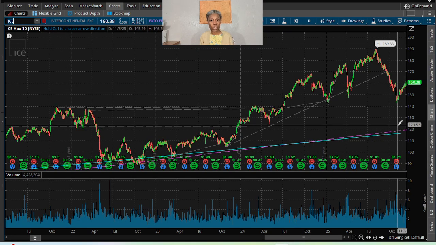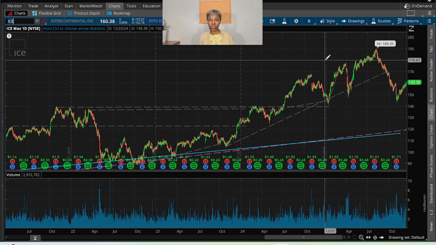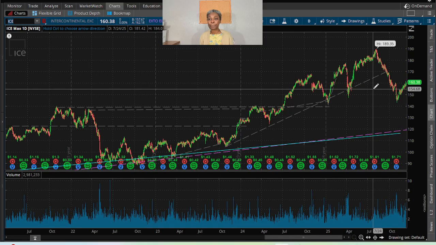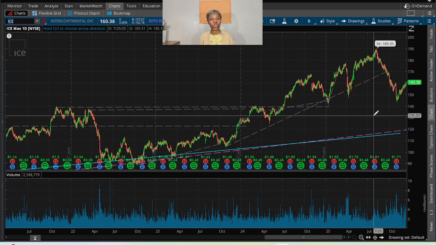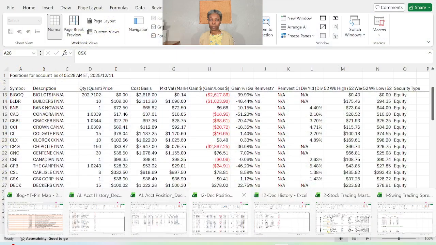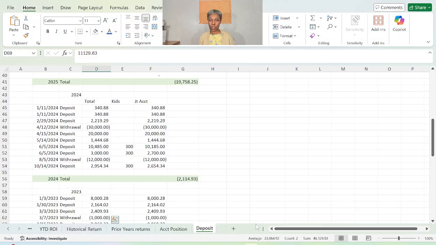I'm not entirely sure. It has been on this journey for two years now. We have 2023 here, 2024, and 2025. So two years or so. We are just going to continue observing it. It is not a buy today. It's far from where we want to buy. So we can go to our record spreadsheets,